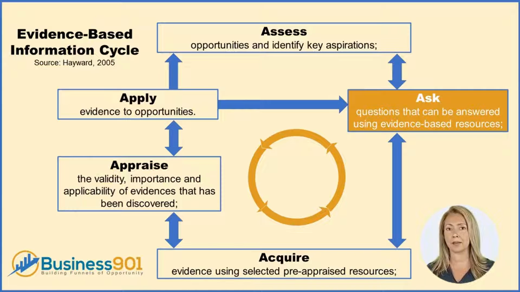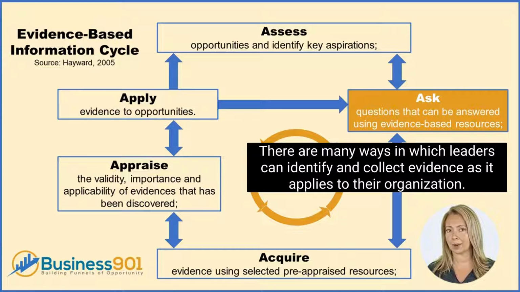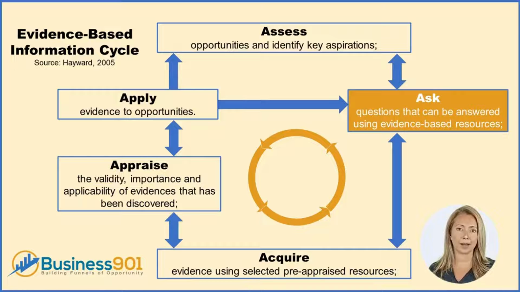For example, if a salesperson has been unable to close a sale in their territory for 3 consecutive weeks, they might ask themselves, what is the most likely cause of this? To answer this, leaders could research articles based on what other salespeople have experienced when closing deals. They could ask their sales manager which other factors are influencing weekly sales. From there, they could make a decision based on what evidence-based information they have found and then implement that decision by sharing it with the rest of their team.